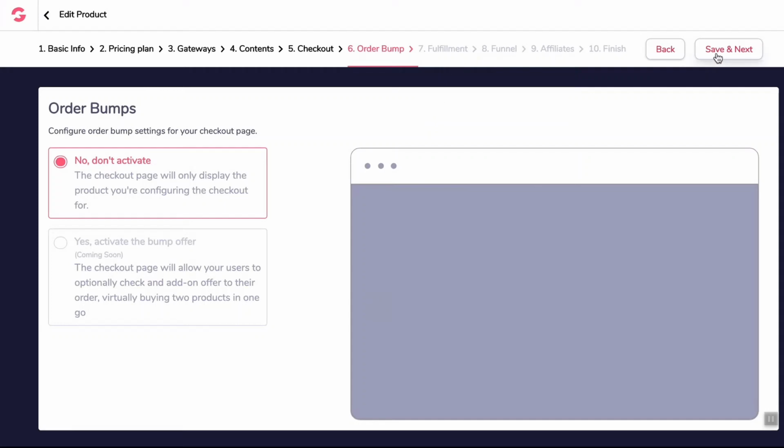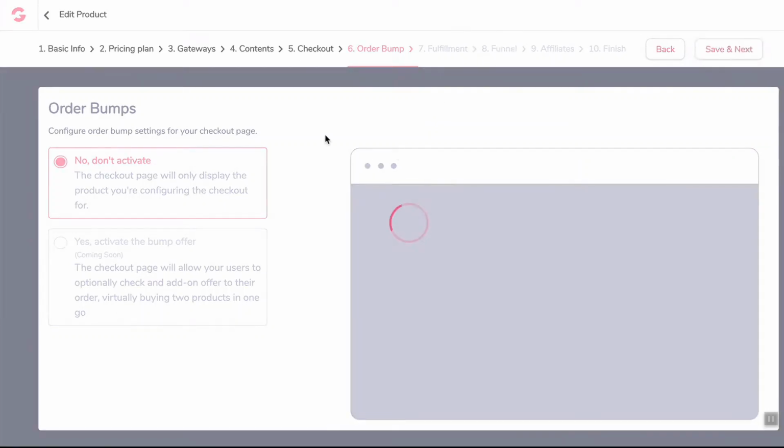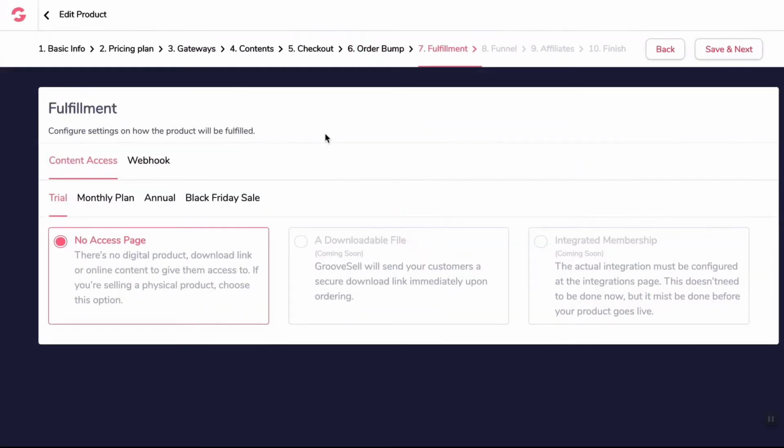So let's work on the fulfillment. Now, this is very simple. We have 4 different prices, right? So this is saying what happens when somebody buys through the trial, what happens when they buy the monthly plan, the annual, the Black Friday, and other than getting your thank you page, do you want us to give them an additional access page or a downloadable file that you'll be able to upload with us, or integrate with one of the many membership site platforms out there like Kajabi,